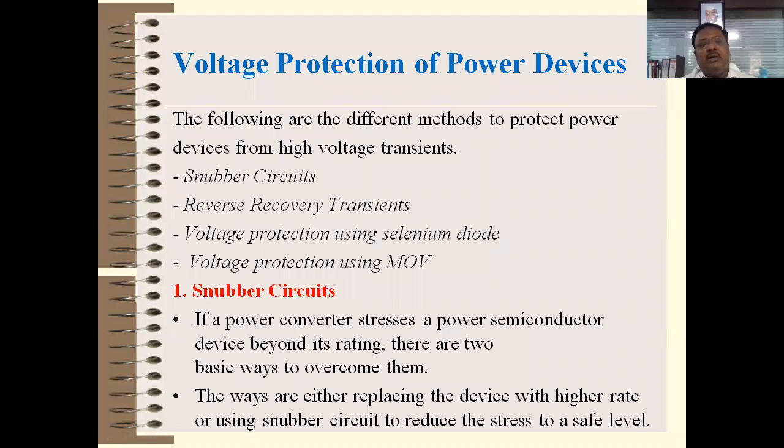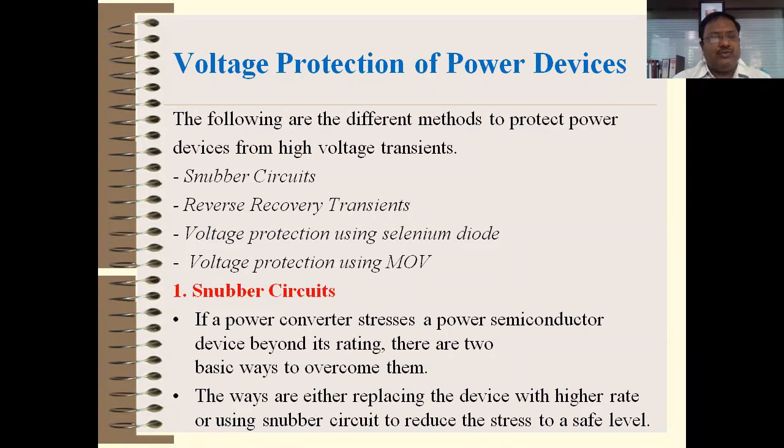Now, next one is protection of power devices from over voltage. Okay. See, till now we have learned the different cooling techniques, that is heat sink, and after heat sink, we learned 4 different cooling techniques to protect the power devices from over temperature. Right now, we protect the power devices from over voltage and over current, so that the power devices are totally protected from any unusual condition which may damage them. So voltage protection of power devices is the next part.